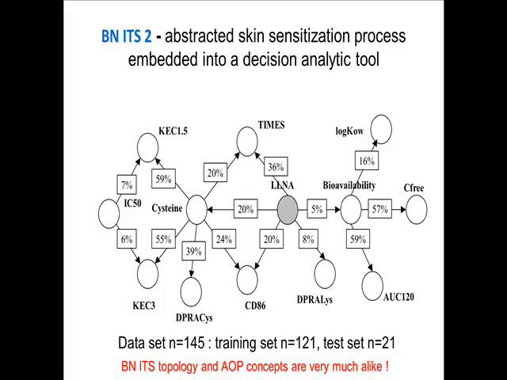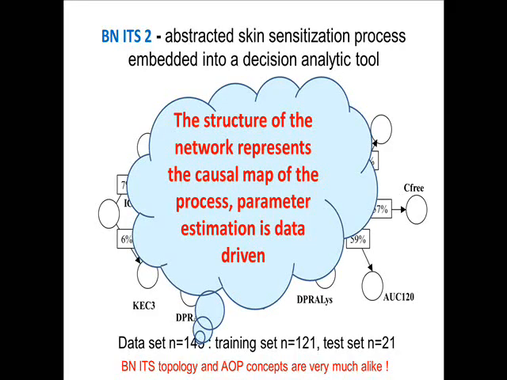If you look at this network, the structure is mainly determined by our knowledge, but then the weight the different arrows have, how they influence, how a certain value in this box influences the LNA, this is learned from the data. So we have a training set of 120 chemicals, and this is used for parameter estimation. So it is a data-driven parameterization of the network. Now this may all look quite complex to you. I give you a very simple